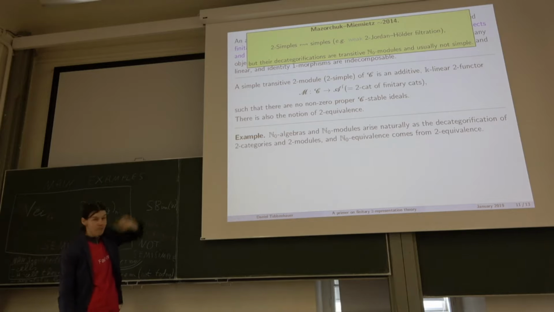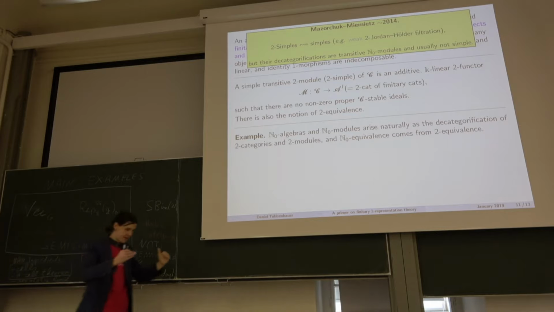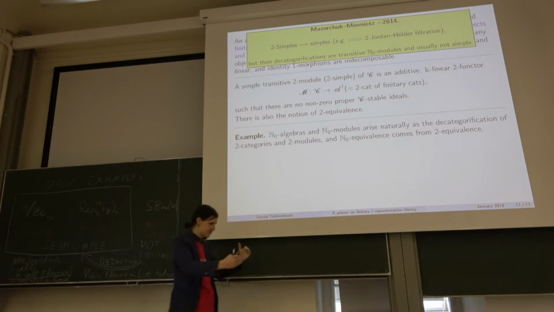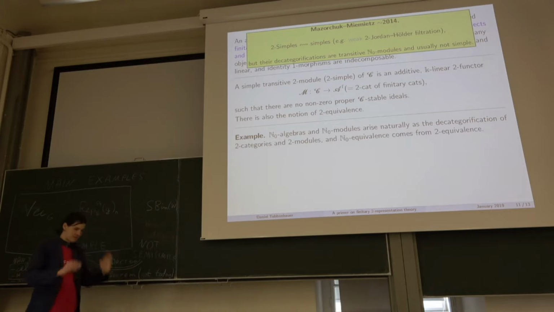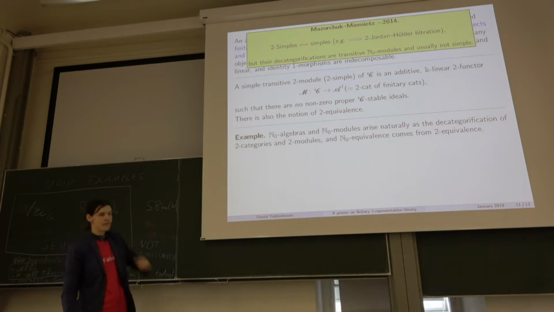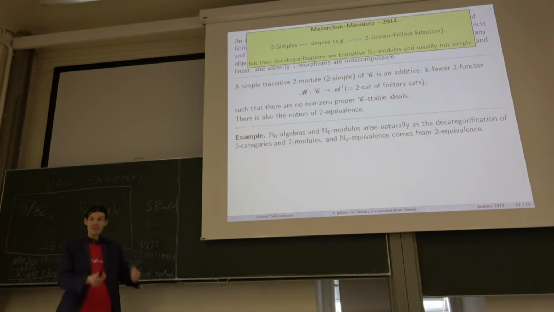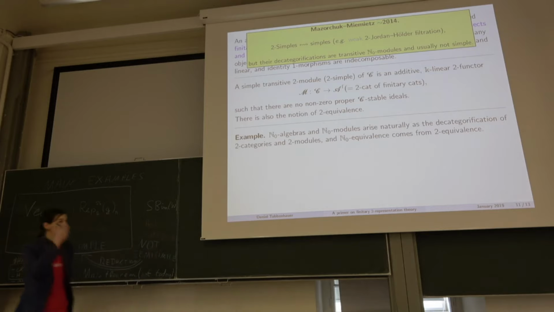Yeah, but the point is also they really correspond to simples upstairs, like you have this Jordan-Hölder filtration. They don't decategorify to simples. That confused me a lot, that's why I like to stress it. They don't decategorify to simples, they decategorify to the transitive modules. They can't decategorify to simples because simples usually need roots of unity turning up. And you don't see them if you decategorify a functor. Right?